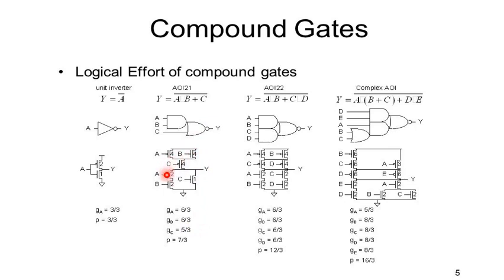Here this expression is implemented as a CMOS implementation. Gate A has 2 in the pull-down network, and 4 in the pull-up, so 4 plus 2 is 6, 6 divided by 3. Then gate B: PMOS has 4 as well as NMOS has 2, so 4 plus 2 is 6, divided by 3. For the C transistor, PMOS has 4 and NMOS has 1, so 4 plus 1 is 5, divided by 3.